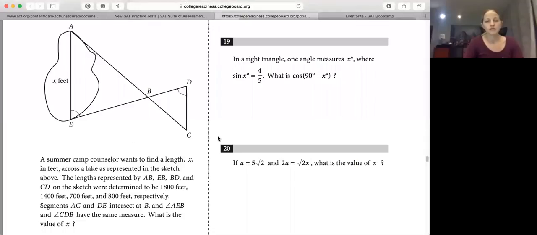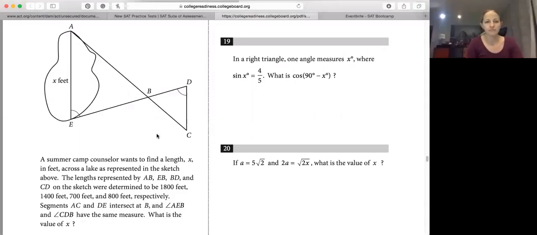Number 17 in the official SAT study guide. So let's start by taking a look at the problem. This is a good one to talk about being careful with reading the problem and labeling everything in your